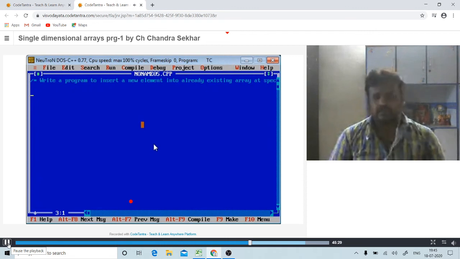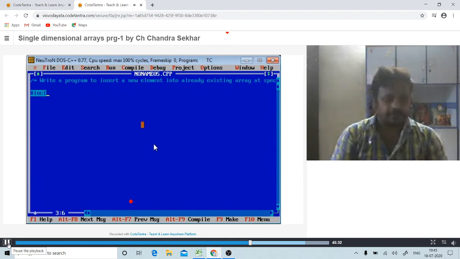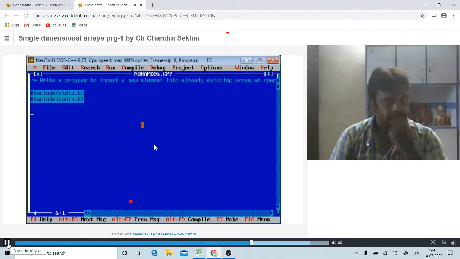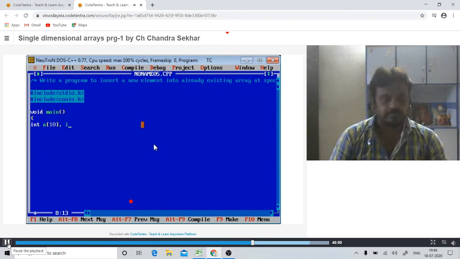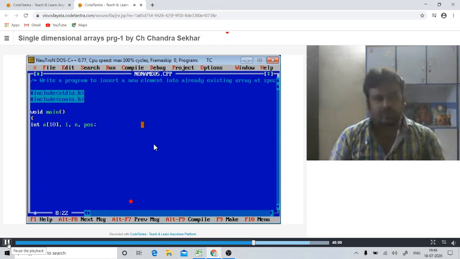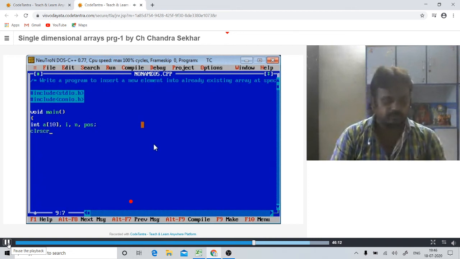I'm explaining again. Let's see the code. #include <stdio.h>, #include <conio.h>. Then the main function, and now read the one dimensional array, int a[10], and i for array index, n for number of elements, and position where we are inserting the new element. clrscr.